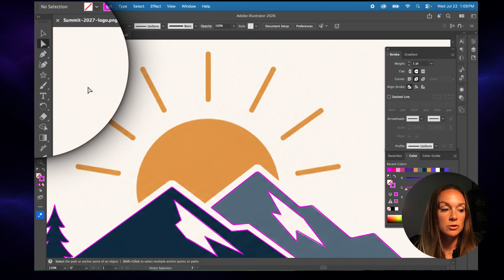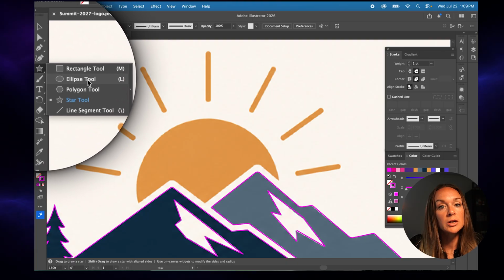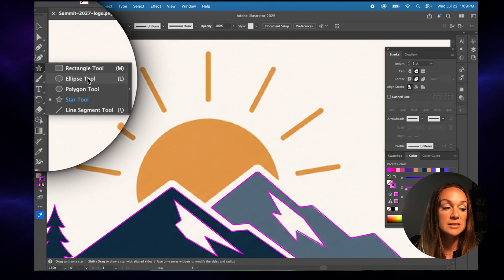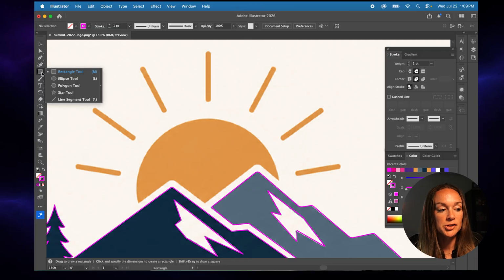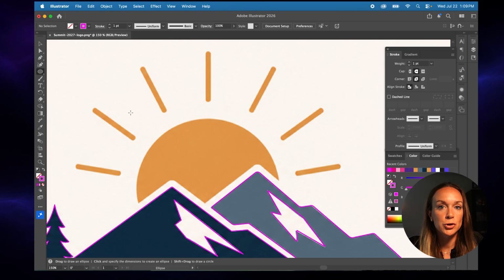So the first thing I'm going to do is go to my ellipse tool in the navigation bar on the left-hand side. This will, by default, show up as the rectangular tool, but essentially it's called the shape tool. So we're going to go into the shape tool and we're going to select the ellipse. I usually like to try to predict where the top corner of a circle would be when I lay down the first click, but we're going to hold the shift key and then we're going to click and start to